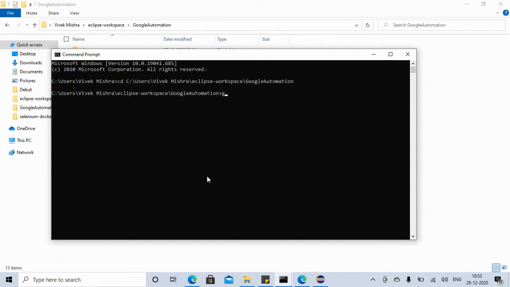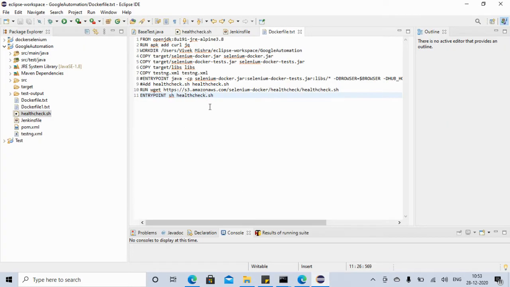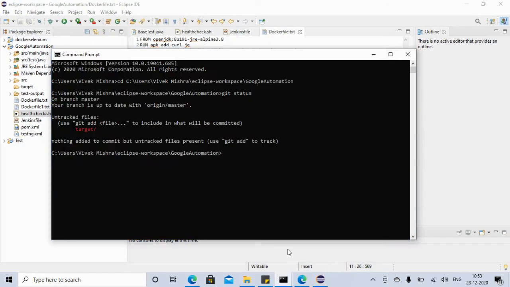Then if you see git status, there is no change, because I already committed this code. If you make the changes, you have to go to this path and commit your code to GitHub.